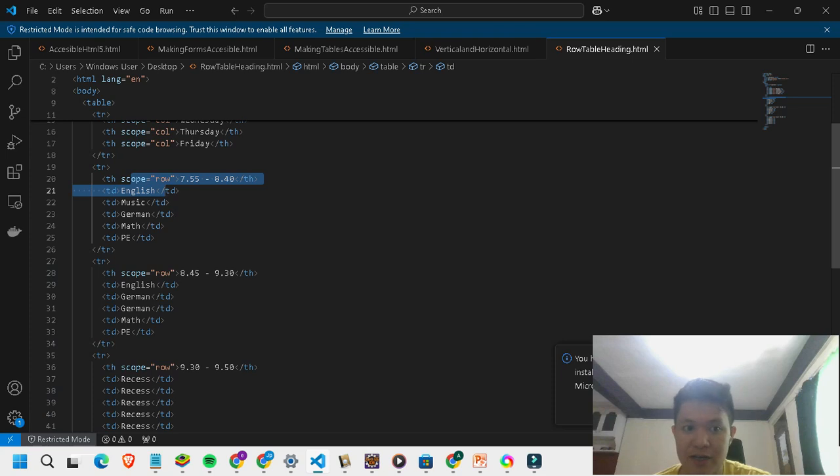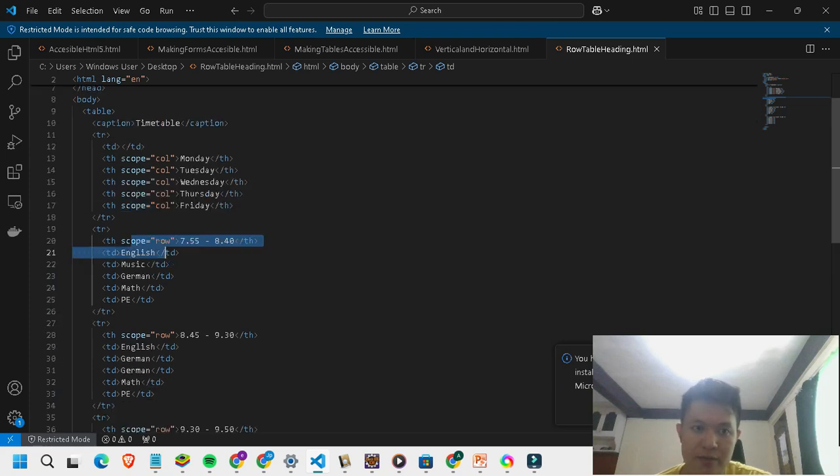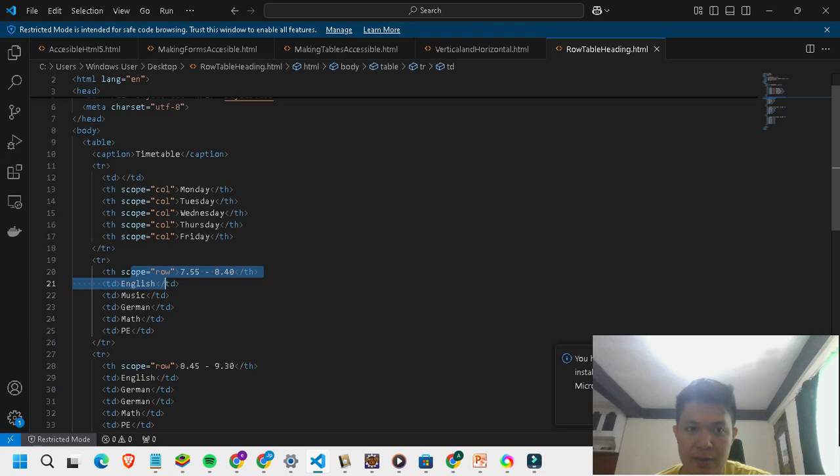If you're defining columns and if you're defining rows, you don't need to use table head as a title of the table, because the rule is you need to use a table head for every table to make it accessible.